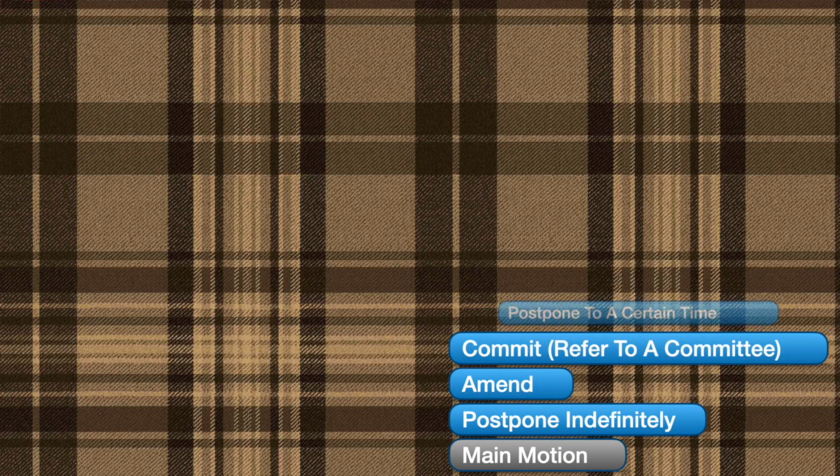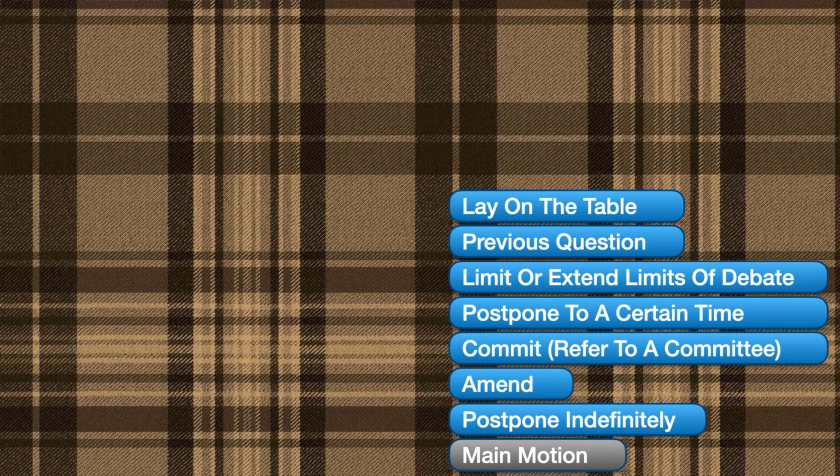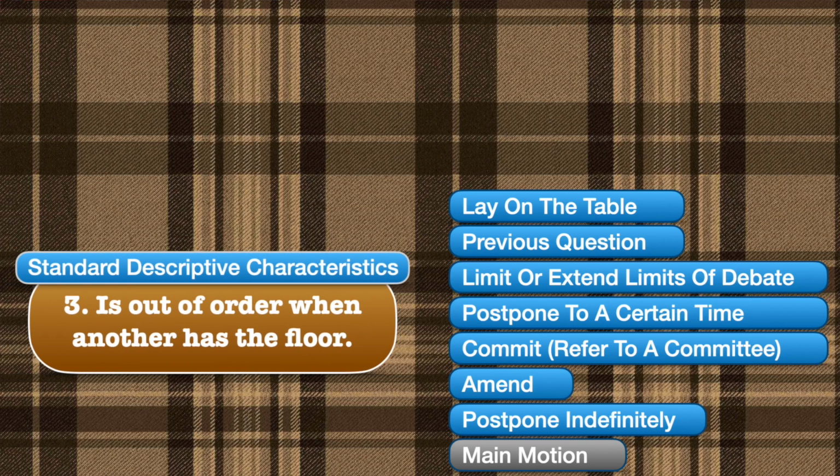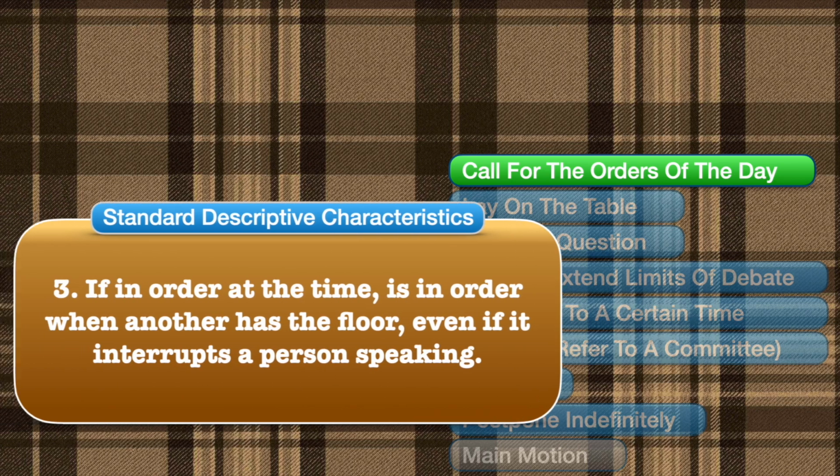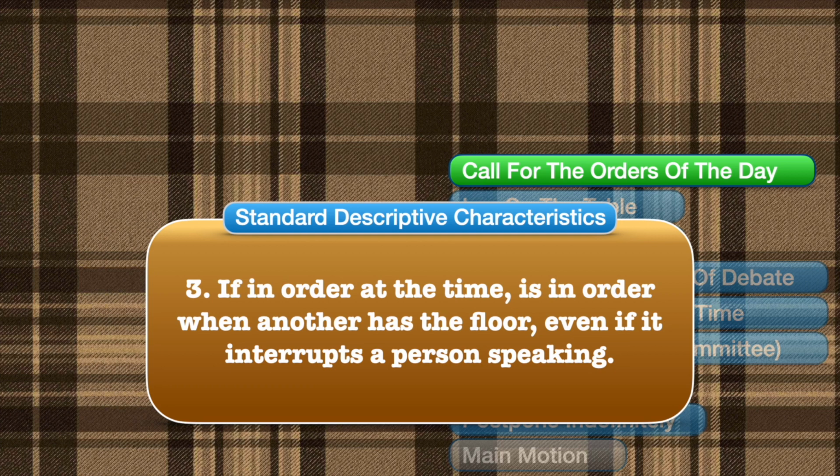For example, the main motion and all of the subsidiary motions contain the exact same language under standard descriptive characteristic number 3, is out of order when another has the floor. If we move up to the motion call for the orders of the day, which is the parliamentary term by which a member can require the assembly to return to its proper business, we see the following under standard descriptive characteristic number 3. If in order at the time, is in order when another has the floor, even if it